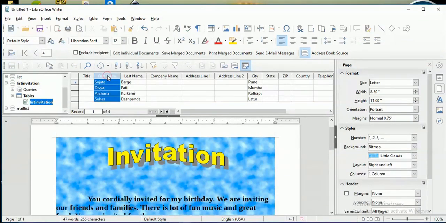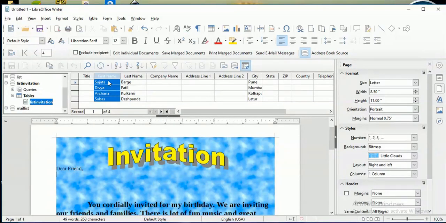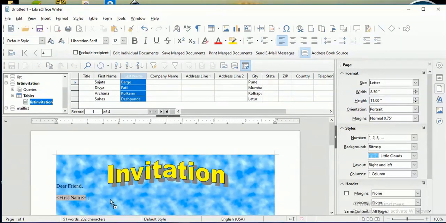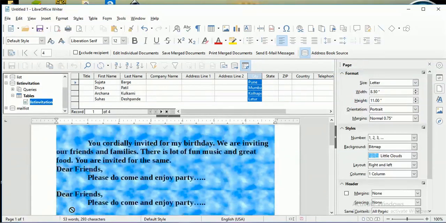Then if you want first name at the top, and if you want to give some heading here, suppose for example dear friend, then comma, and then you want the name of the friend, so just drag this first name field over here, then one space, and then suppose we just want the last name after this first name, we just drag it here, just press the enter for the city and just drag the city here.